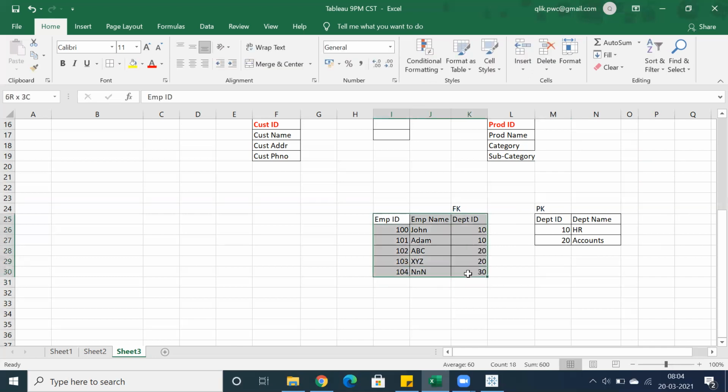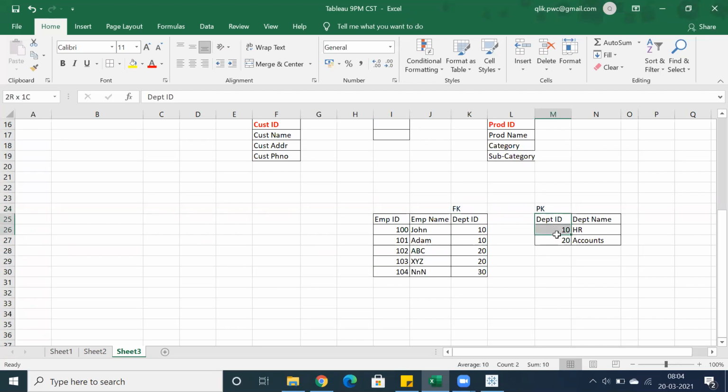Now I have 3 different departments. You can see 10th department, these 2 employees come under 20th department, and 104 comes under 30 department. This is the primary key, and this is the foreign key.